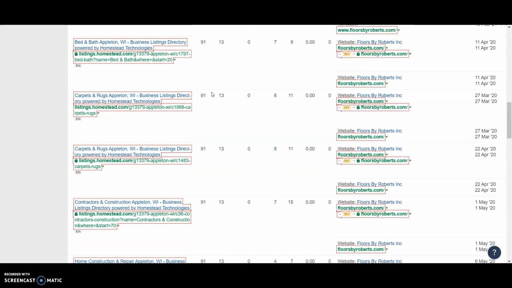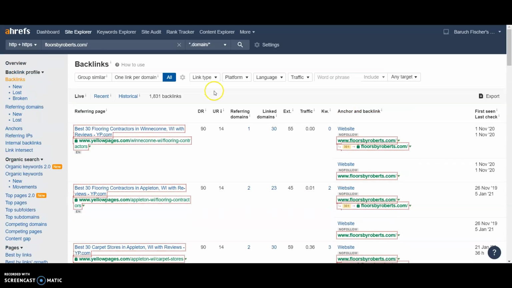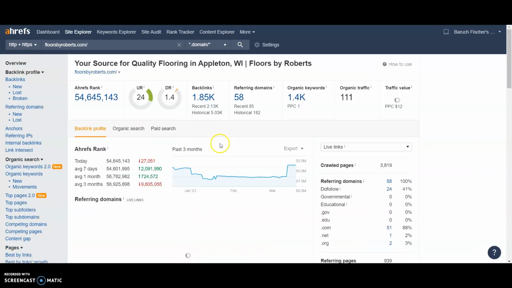You want strong backlinks because not all backlinks are the same. You can get backlinks from guest posts, blogs, sponsors, news articles, basically anything they can get to link back to you. And you want to make sure the page that's linking back to you is relevant.